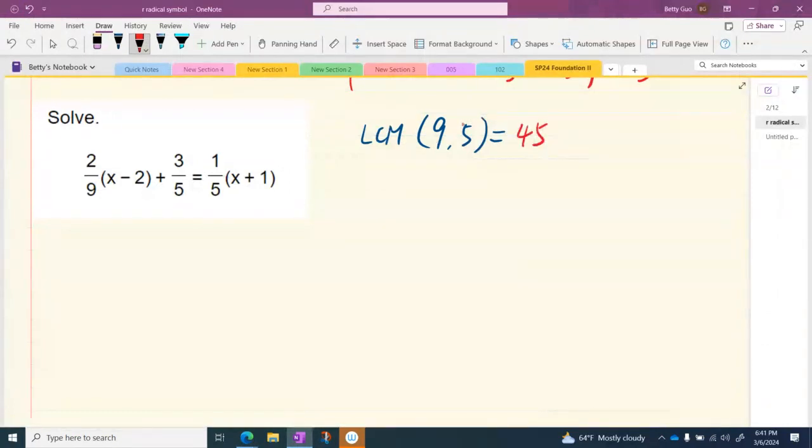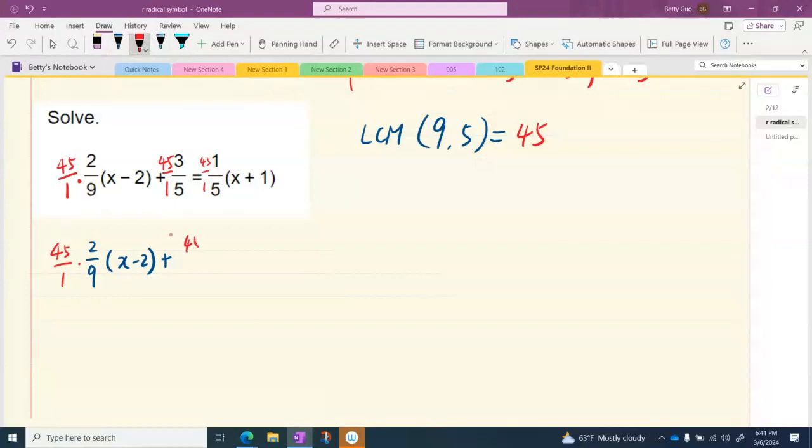How do we use 45 to eliminate the denominators? We are going to multiply each single part by 45. I'm going to write 45 as 45 over 1. Here and here, let's squeeze in 45 over 1 and 45 over 1. I'm going to rewrite it. Okay, it's too crowded. So 45 over 1 times the first part, 2 over 9 times x minus 2 plus